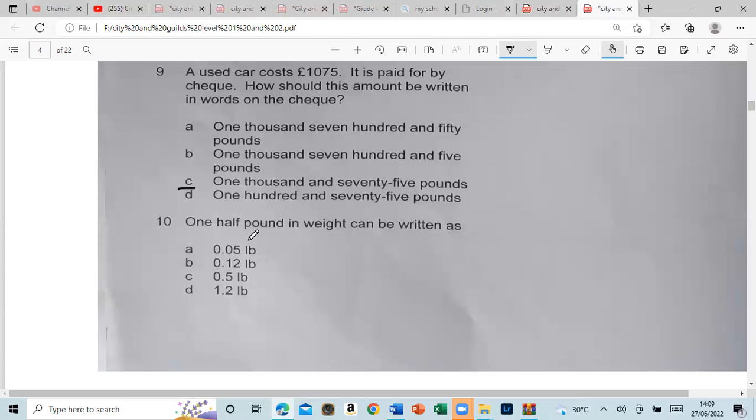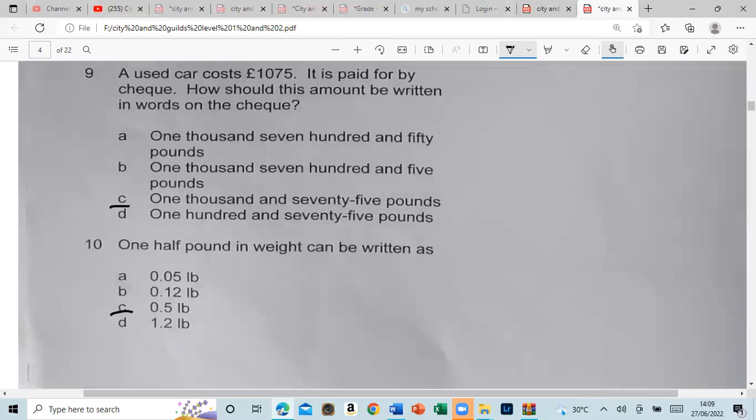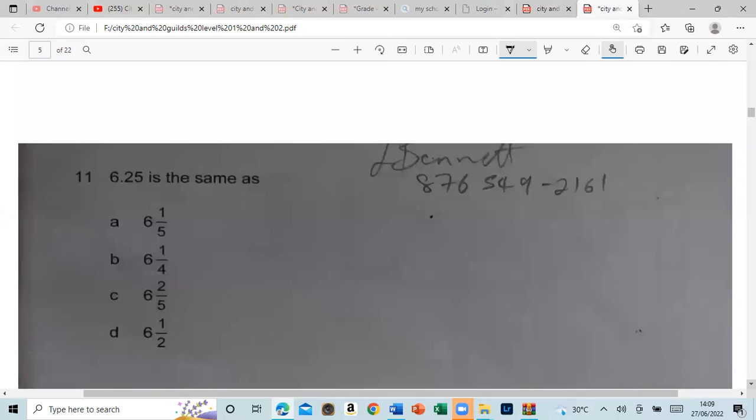1,075 pounds. All right, one half pound in weight can be written as, and that would be 0.5. So that's C. 0.25 is the same as a quarter, right? So 0.25 is the same as a quarter, so that would be,